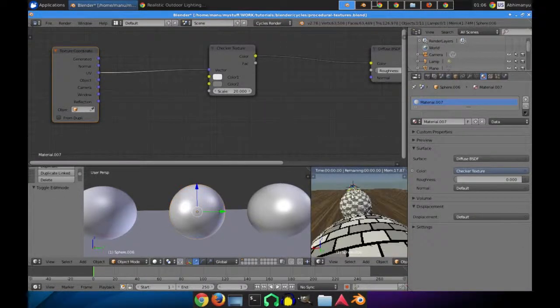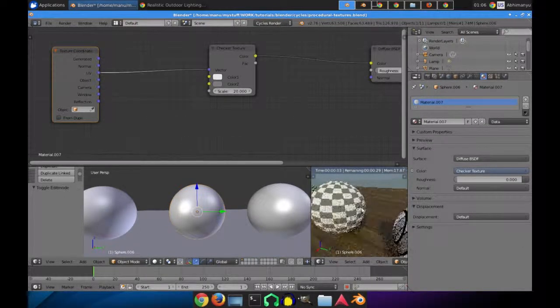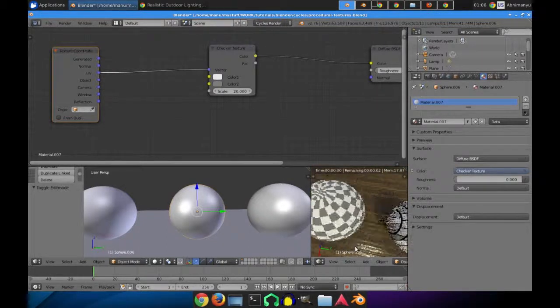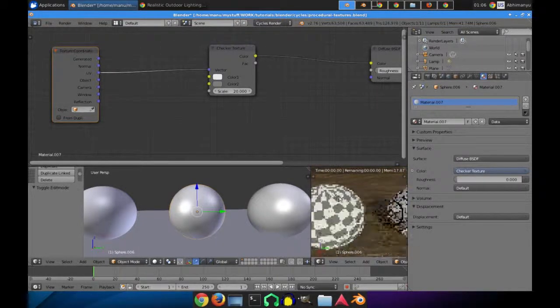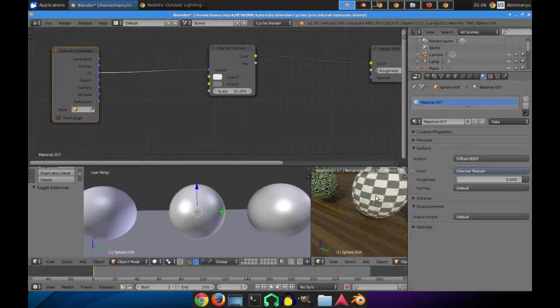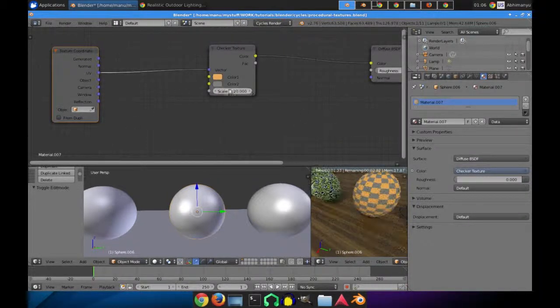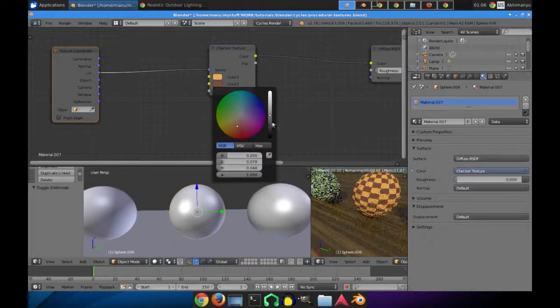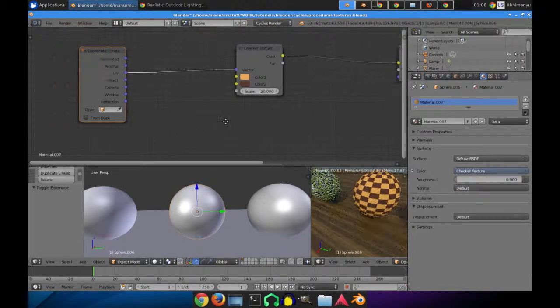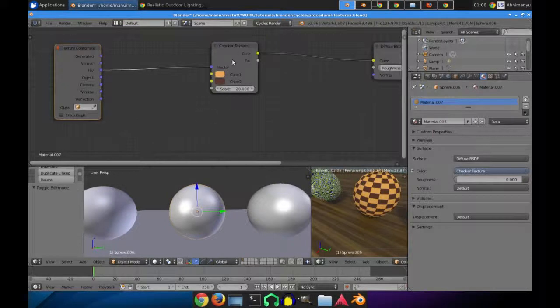So now it's perfectly unwrapped. Okay, so we can do other settings for this, other things like making this,